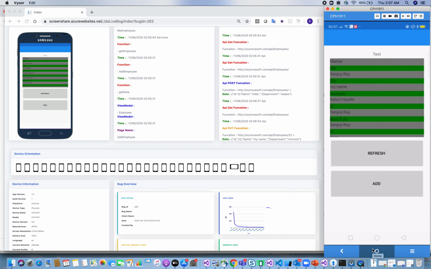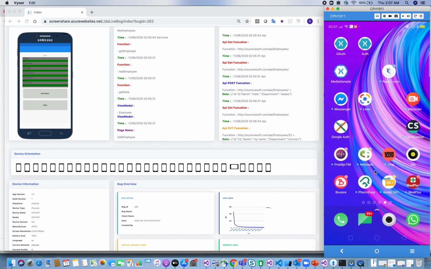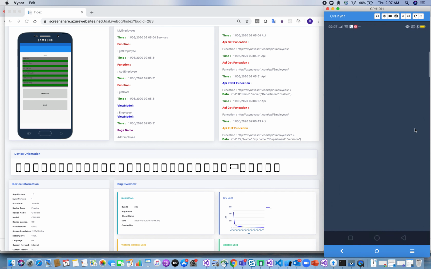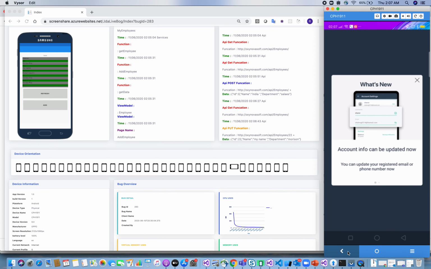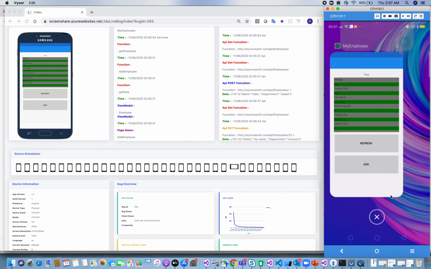When I move from one screen to another on the mobile, I cannot track the user's other screens. It can track only my mobile application. I can open any other application, but I cannot see the user screen. I can see only my application. This makes my application very secure, very fast, and you are not tracking any other mobile data. You can only limit it to your mobile application. You can see that I'm closing this application.